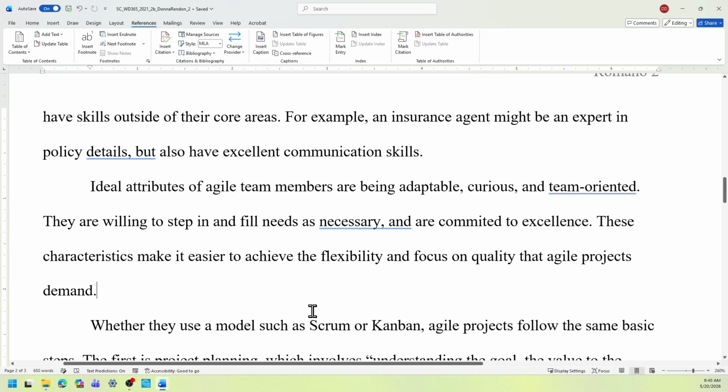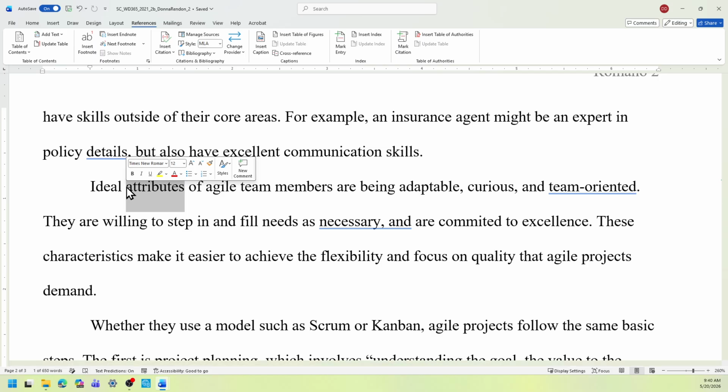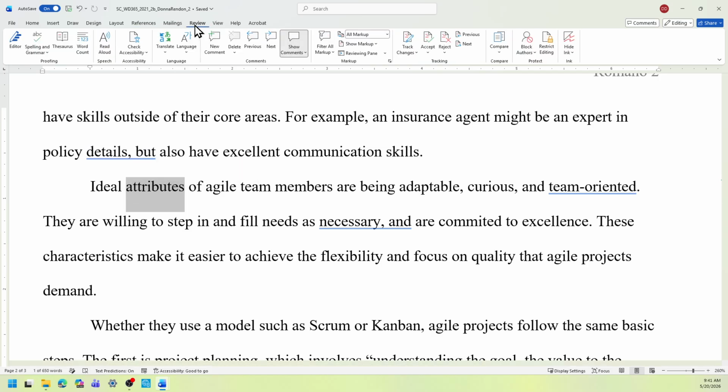You're going to highlight the word attributes. Ideal attributes is here. Okay. You're going to highlight the word attributes, and then you're going to select the Review button, and there's the thesaurus.